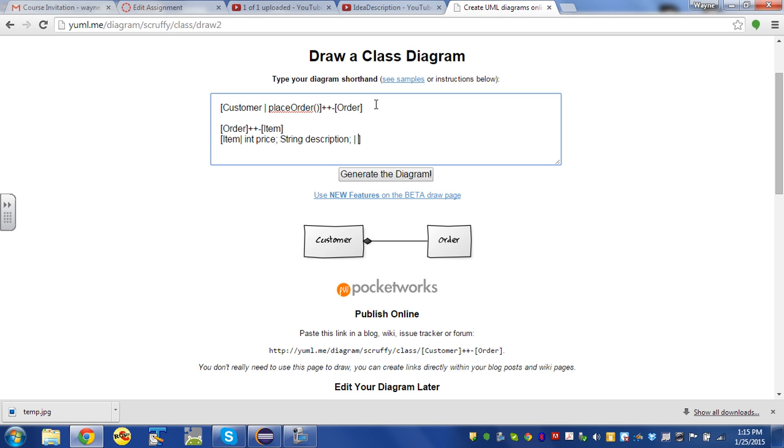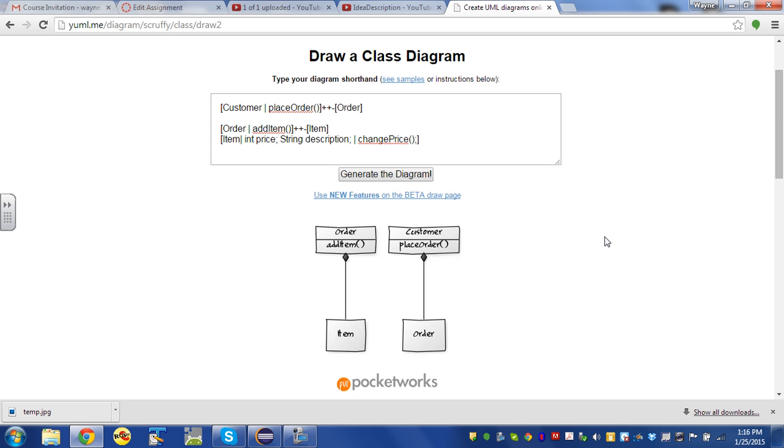And then I'm going to put another vertical bar, and it might have a method like change price. And it might have a method, oh, I don't know. Well, we'll worry about that later. An order might have a method add item. And so if I create the diagram,